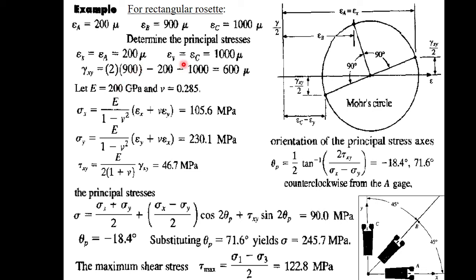What is epsilon x, epsilon y, that reading is there. But they are not the principal directions in general. So from these readings of sigma x, sigma y and gamma xy, right? These are strains which can be converted into stress. So this is the Mohr circle in 2D, and in this Mohr circle it is quite easy to find out these angles. So this will give us the principal stress value.